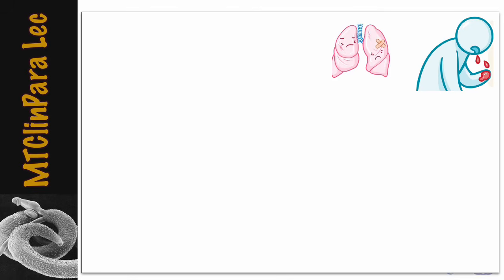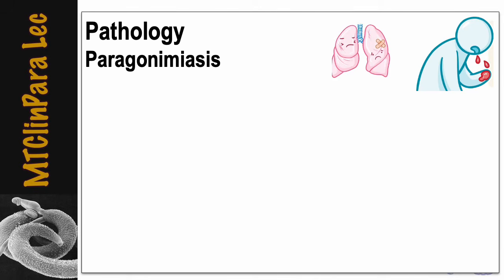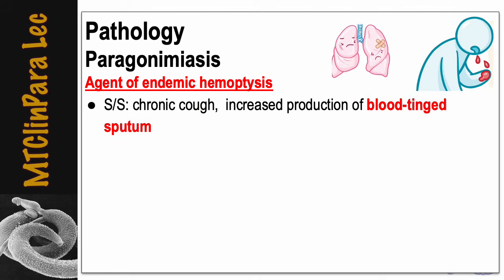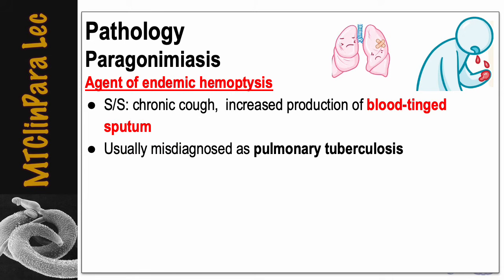For the pathology, this is called paragonimiasis, and the most common infection related to this pathology is lung infection. So this is an endemic hemoptysis. When we say hemoptysis, this is the expectoration of blood from the lungs or tracheobronchial tree. So this is characterized by chronic cough and increased production of blood-tinged sputum. So this is usually misdiagnosed as pulmonary tuberculosis because these are very similar in terms of the signs and symptoms